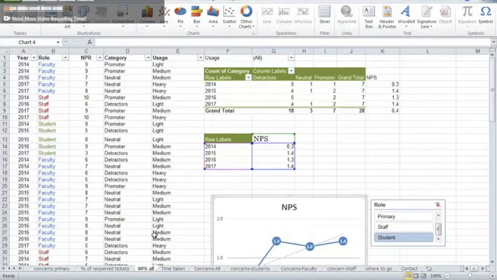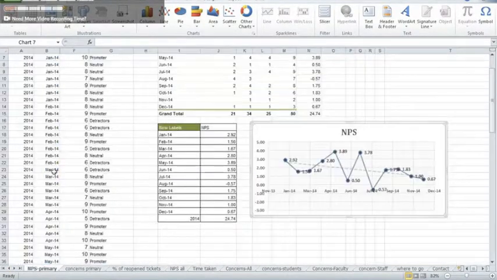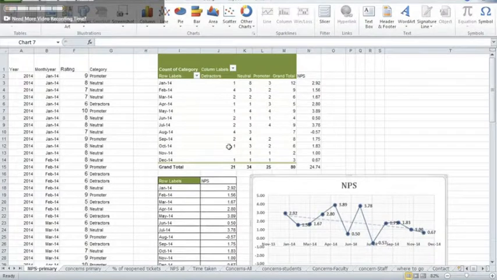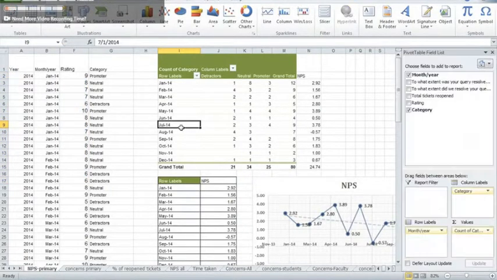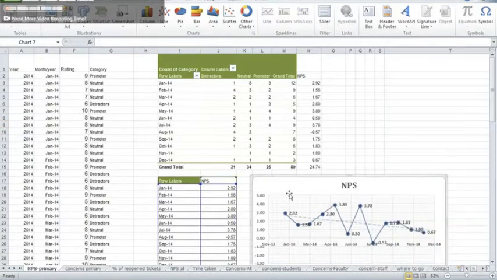I will just briefly talk about what you need to do to maintain the dashboard and keep the data updated. So for NPS primary customers, this is what our dashboard looks like. All you have to do is replace the values over here with your original values, and then go to the pivot and click on refresh. The data will get updated automatically. NPS for primary customers will be tracked monthly based on the survey results of customers after every ticket completion. So this is what it looks like.